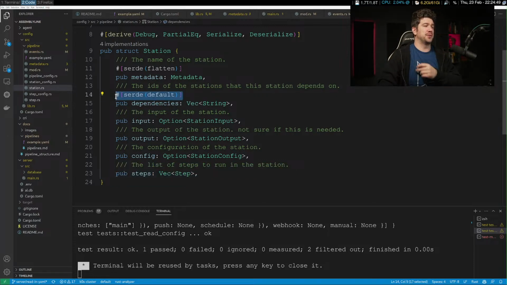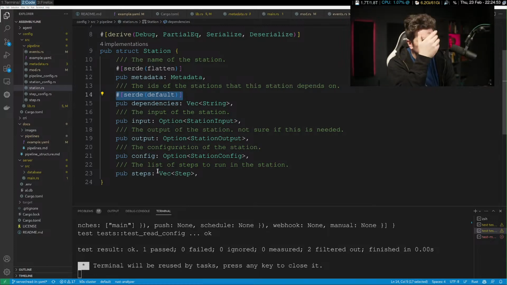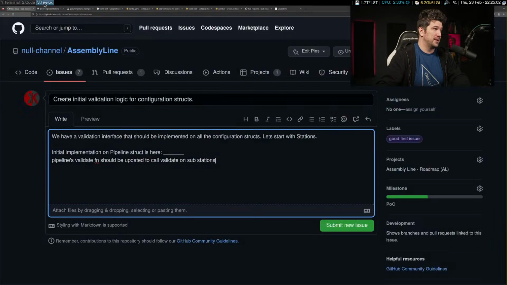Because we're not defaulting it. This SerDes default will default this. I think it's fine. I'm just going to put that they need to have at least one step.